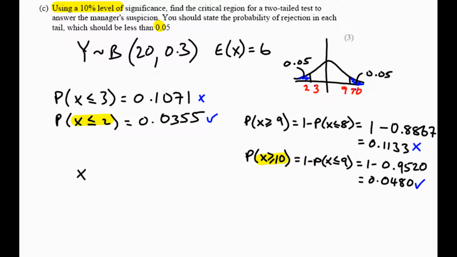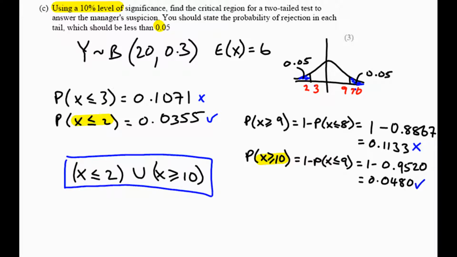All right, so x is less than or equal to 2, or x is greater than or equal to 10. These are the two ways that I will reject H0, and I'm going to put the union symbol in the middle, just to show that it could be either of these two for my critical region. Okay, let's just box that off